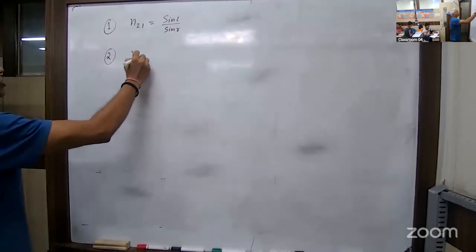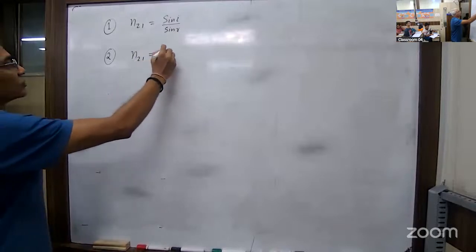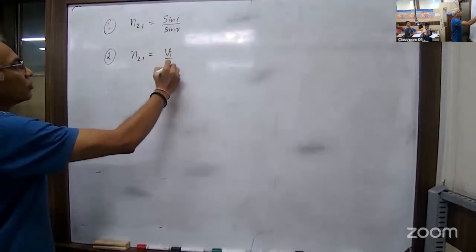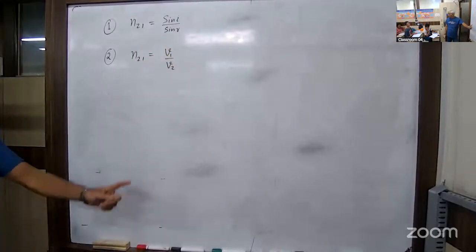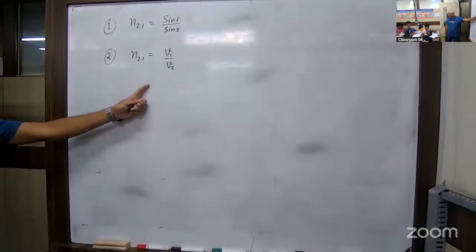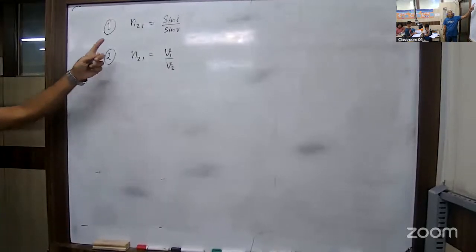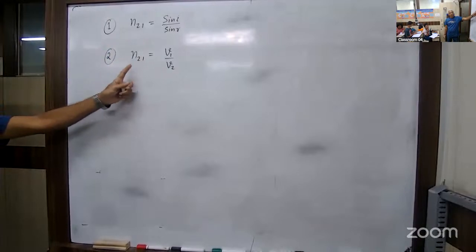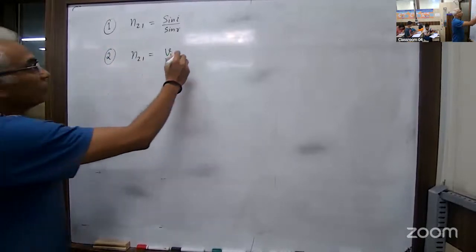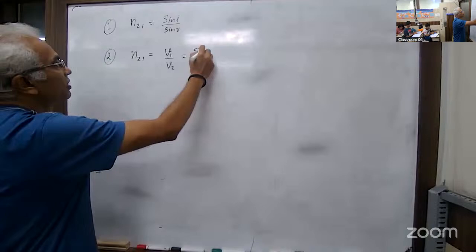Refractive index is also defined like this: V1 by V2. Have we written this formula? No. Okay. So refractive index is also defined by this formula, which is speed of light in the